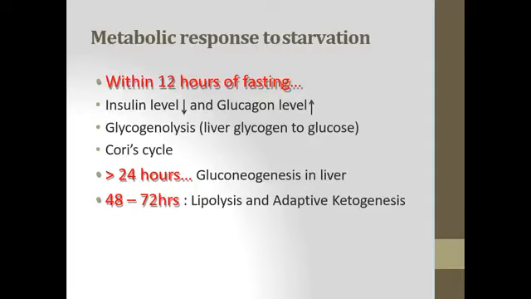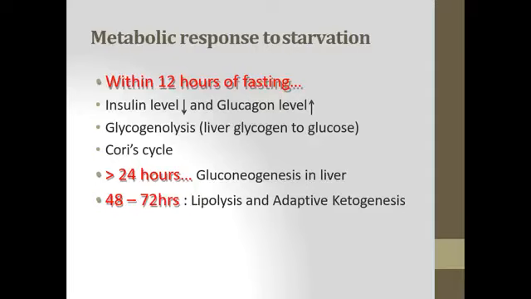This occurs in 12 hours, but when the fast is longer, the glycogen from the liver is converted to glucose. But if the fast is more prolonged, after 24 hours, the protein stored in the muscle tissue starts to break down with the help of enzymes, and the amino acids are